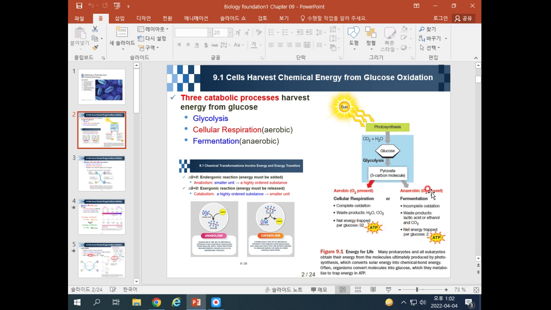When there is no oxygen, they will do fermentation, so they will make only 2 ATP, like this. And also catabolic interconversion and anabolic interconversion always happen. Okay. So do you have any